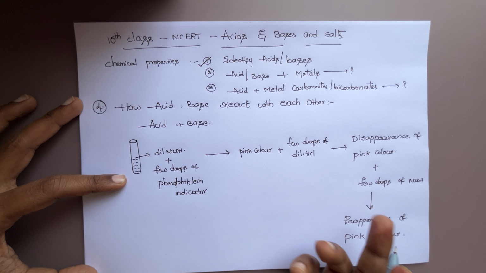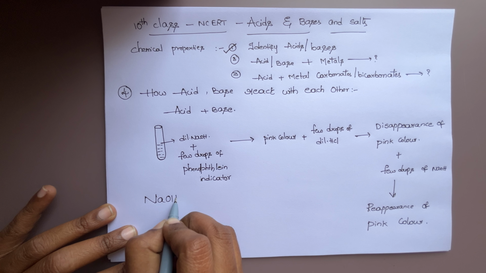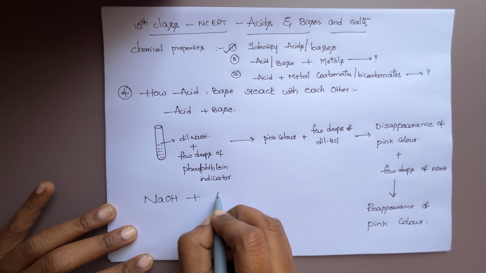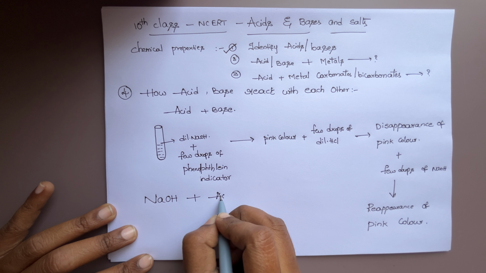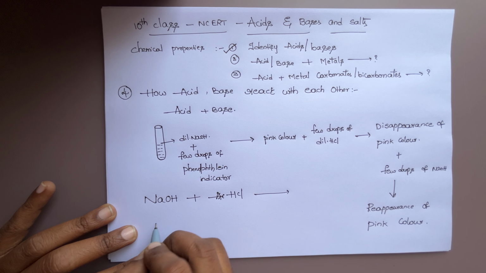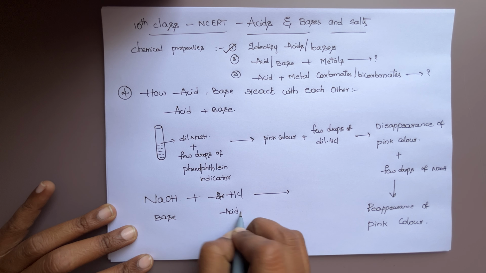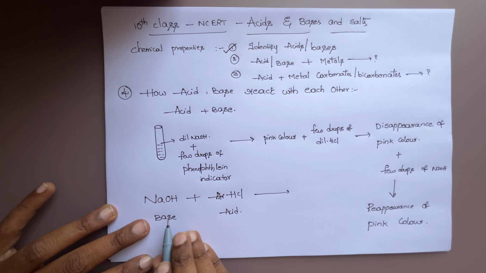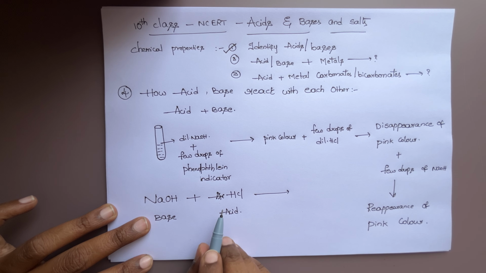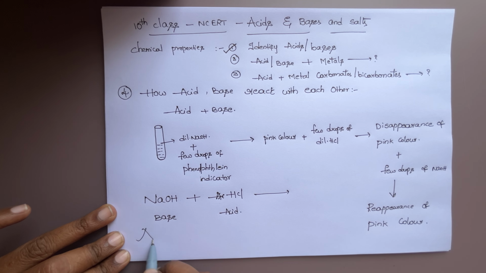Why did this happen? Because I have taken NaOH, which is a base. Now I have added dilute HCl, which is an acid. We know very well that when acid reacts with base, the effect is nullified. The base effect is nullified by acid and the acid effect is nullified by base. Such type of reactions are called neutralization